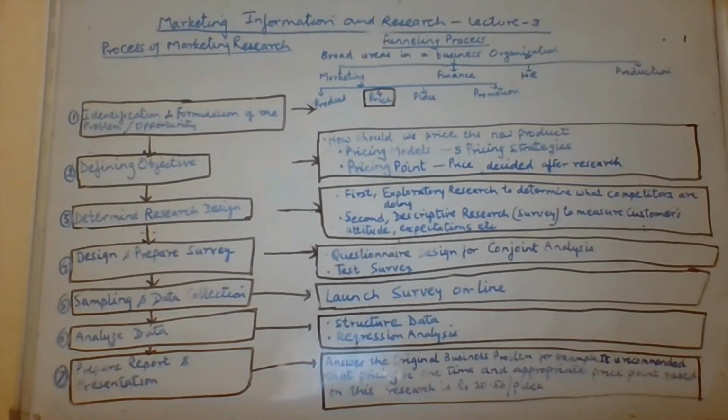Simply put in words, we have five major pricing policies. Those are cost plus pricing, that is simply adding cost and making a profit portion. Next is competitive pricing, setting price based on the competition in the market. Third is value-based pricing, setting the price based on how much the customer believes what you are selling is worth. That means the worth of the product, or the price, is decided by the customers. We call this value-based pricing.